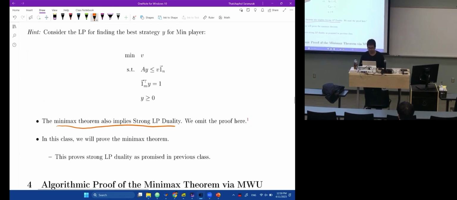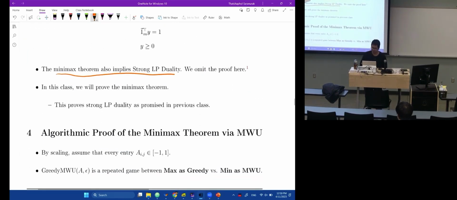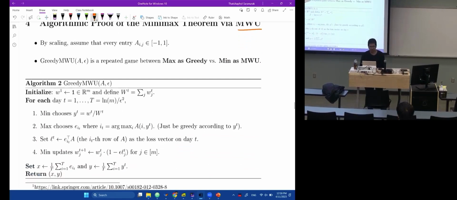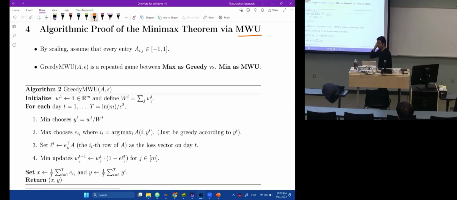Okay. And of course, the proof is using weight update. And it's going to be very algorithmic and really natural. So what we're going to do is, by scaling again, I can first scale down the